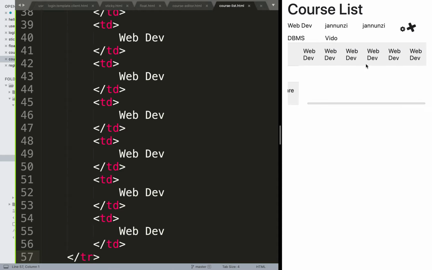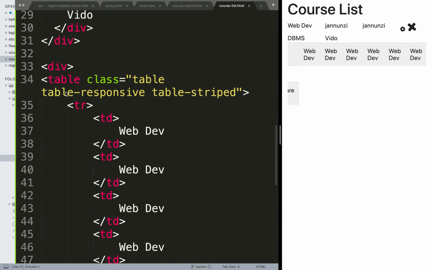So notice what it does, right? It adds the scroll bar at the bottom so that only the table is scrollable, which is great. That's exactly what we want. If you don't add that, if you don't add table responsive,